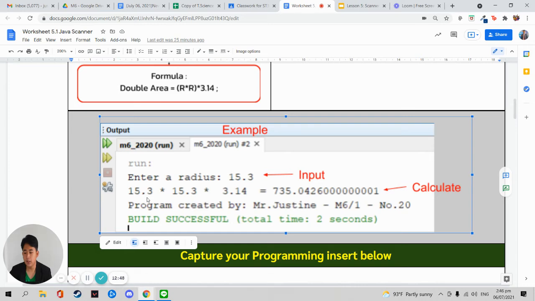So 15.3 times 15.3 times 3.14 equals, and then the answer for the area of the circle. Okay, so this first line, the 15.3, you have to input user input, and then the next line you have to display and calculate. Okay, and then when you finish the program you just have to add this